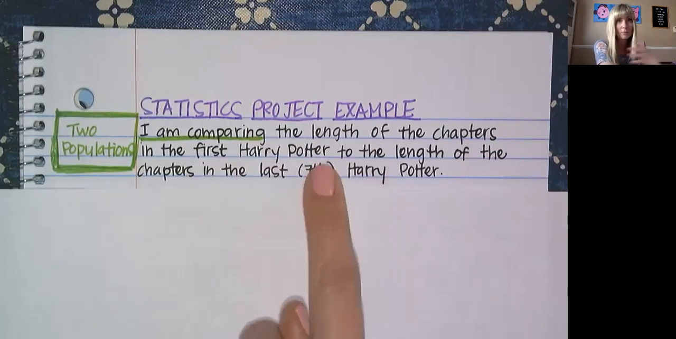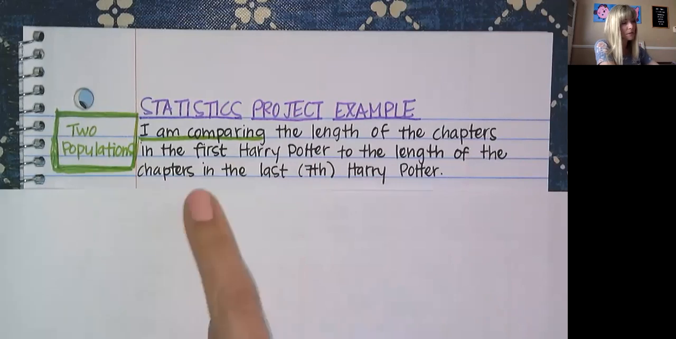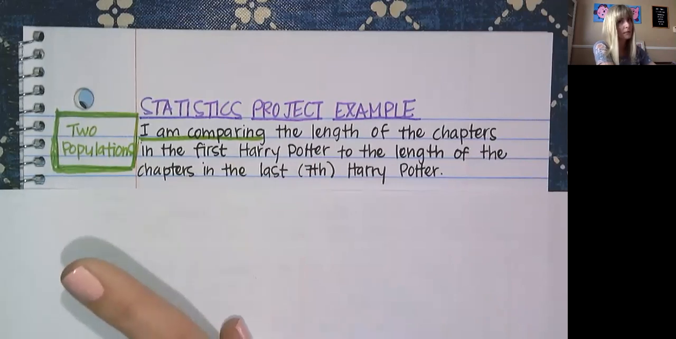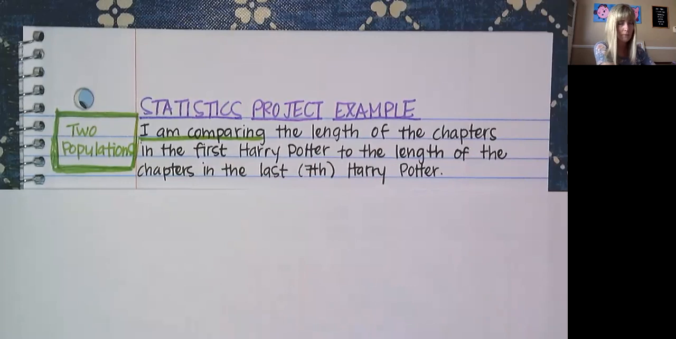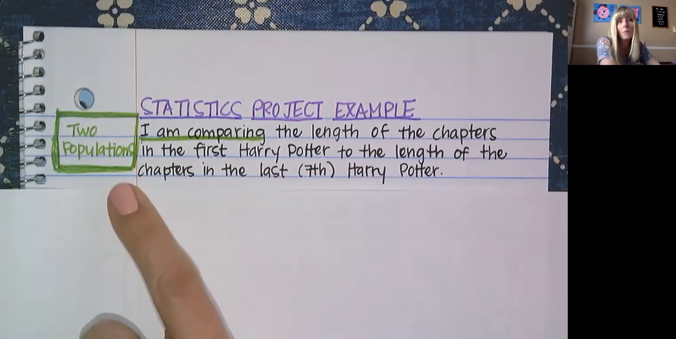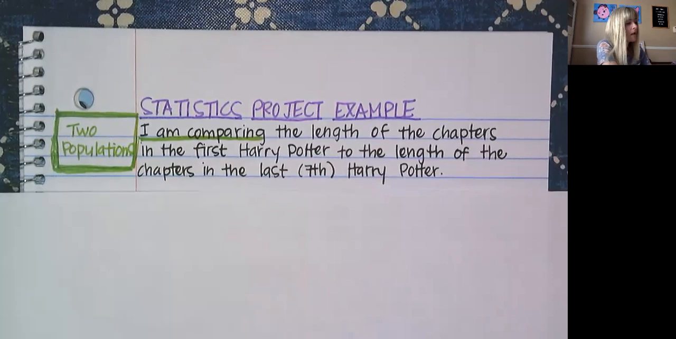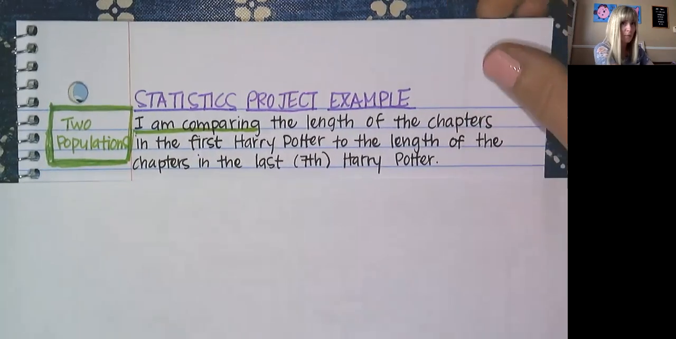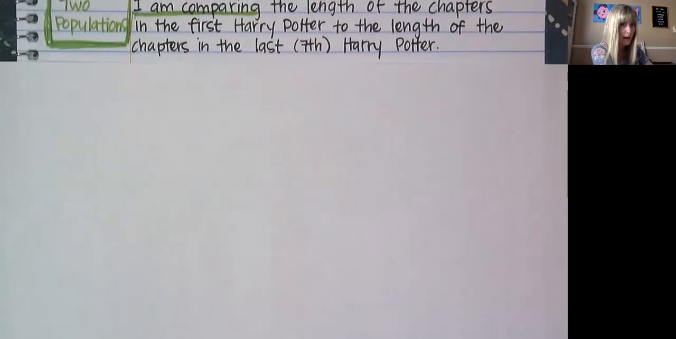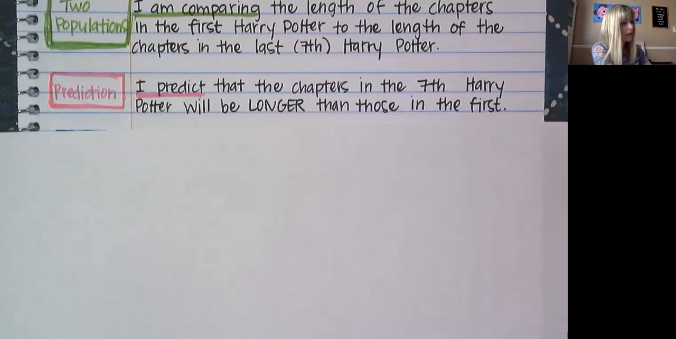Right now, you're writing down my example with me. So these are the 2 populations I'm comparing. The length of the chapters in Harry Potter 1 versus the length of the chapters in Harry Potter 7. So that's step 1, is just decide, what do I want to compare? Okay? Your next step is, once you decide what you want to compare, you are then going to make a